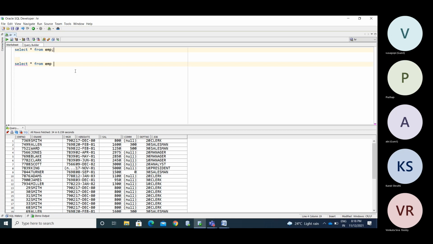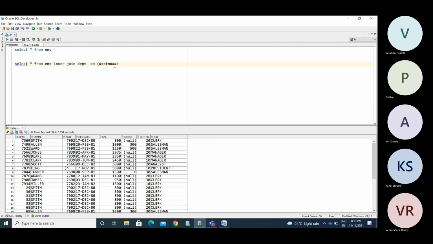Select star from EMP inner join DEPT. If I want to put the join condition for these 2 tables, I need to use any one of the related columns from these 2 tables.